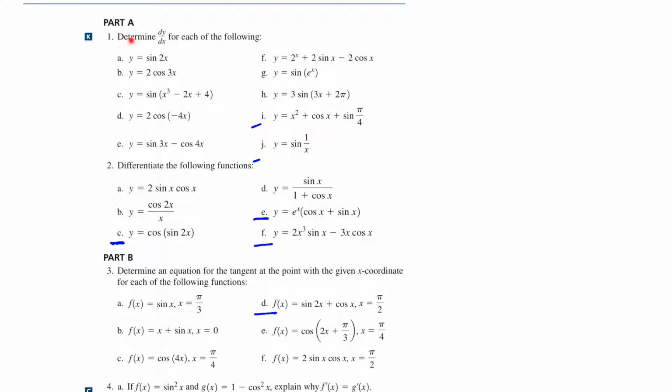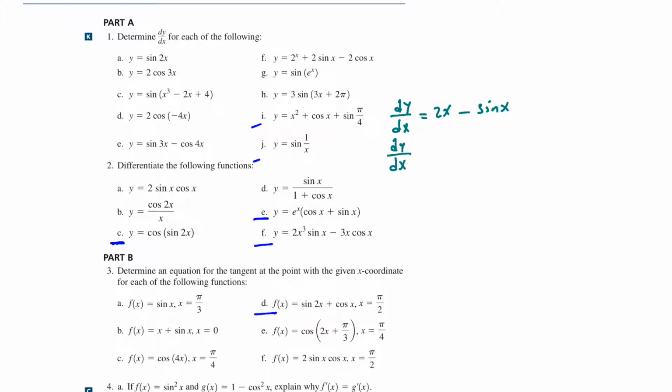Question 1. Determine dy/dx when y is x^2 plus cosine of x plus sine of pi over 4. Derivative of x^2 is 2x. Derivative of cosine of x is minus sine of x, and derivative of sine of pi over 4 is 0. Derivative of a constant is 0. Part J,